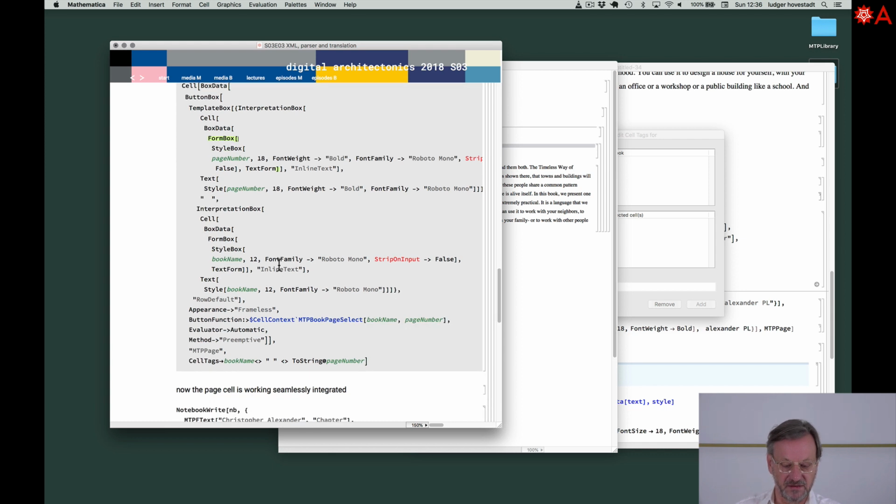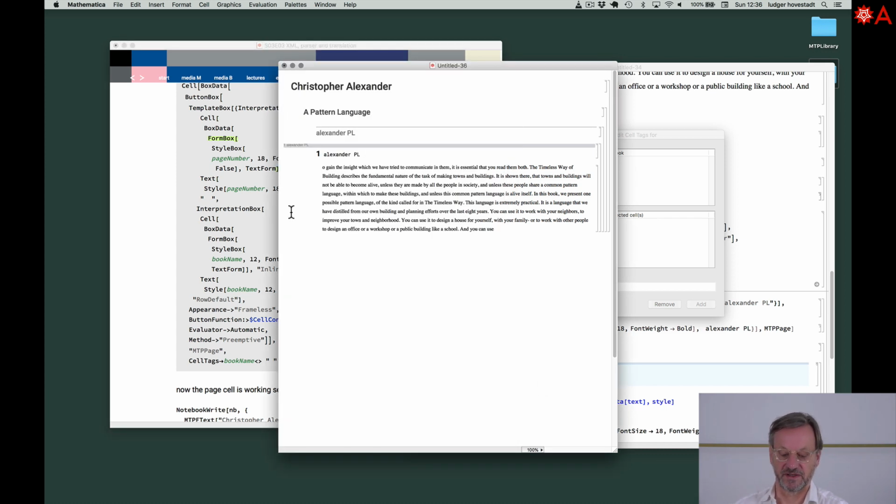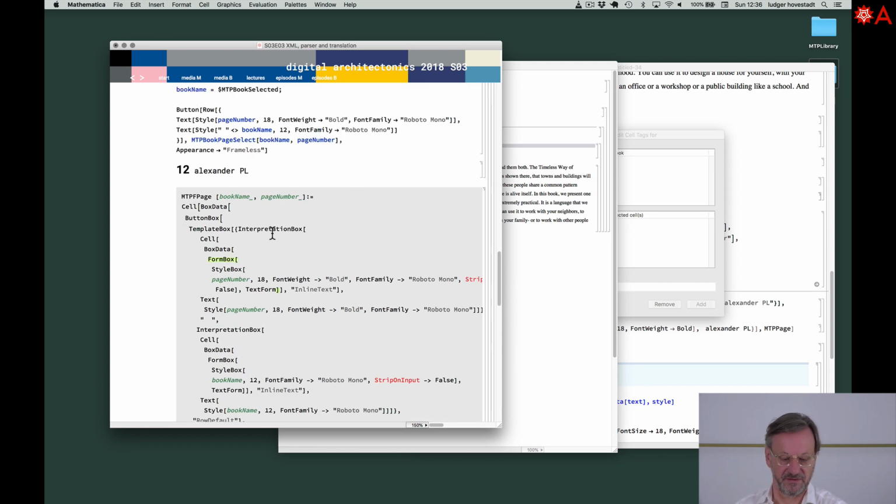And here we introduce, and it's too much effort to explain it step by step, a button that goes to the hyperlink of this book and this page. So therefore, if we evaluate that,